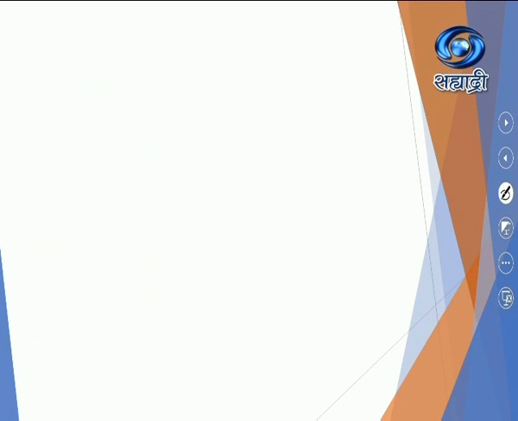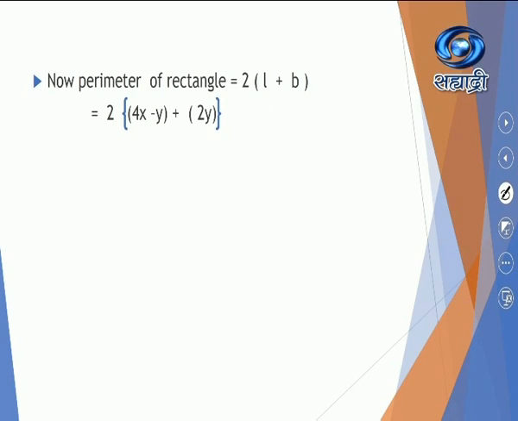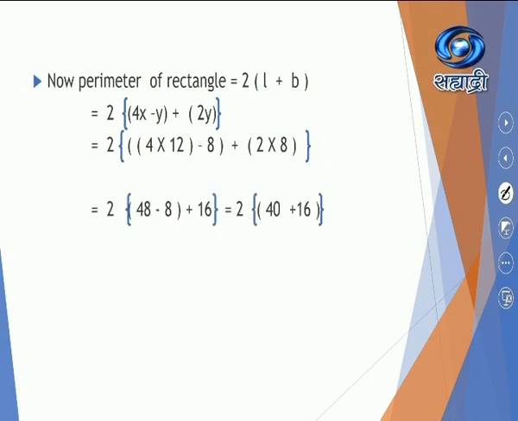Now moving for the perimeter. Perimeter of the rectangle formula is 2 into L plus B. Let us substitute the values by putting proper brackets and solve it. This is how you substitute the values as we had done it in the previous slide also. And now here we get the value for perimeter, that is 112 units. Perimeter is always in units. So as I said, kilometer, centimeter, nothing is given. So 112 units. Is it understood to you all?